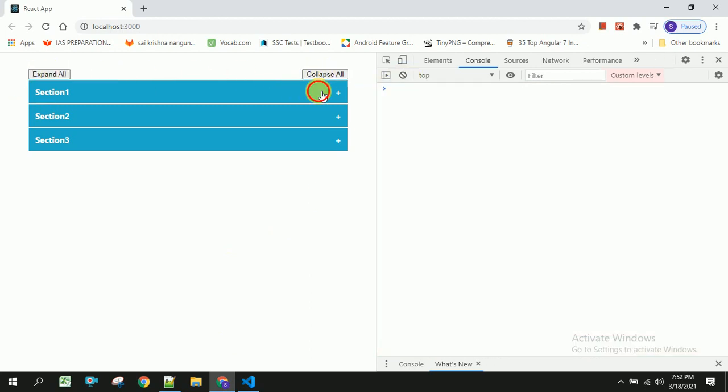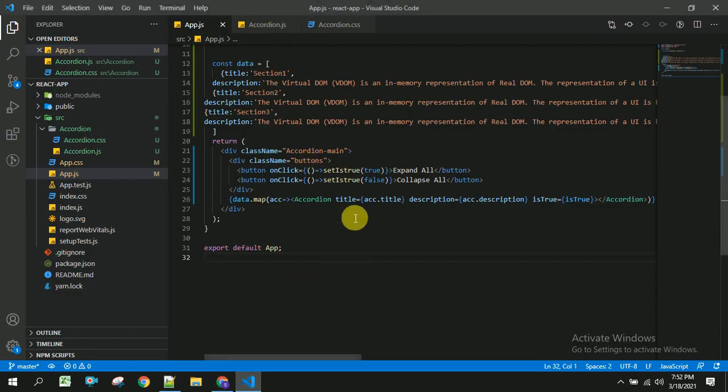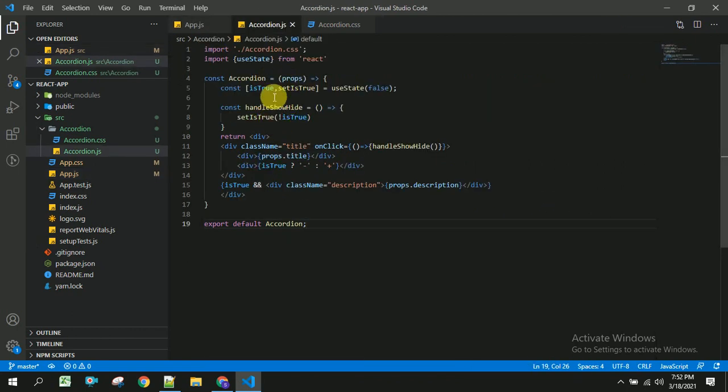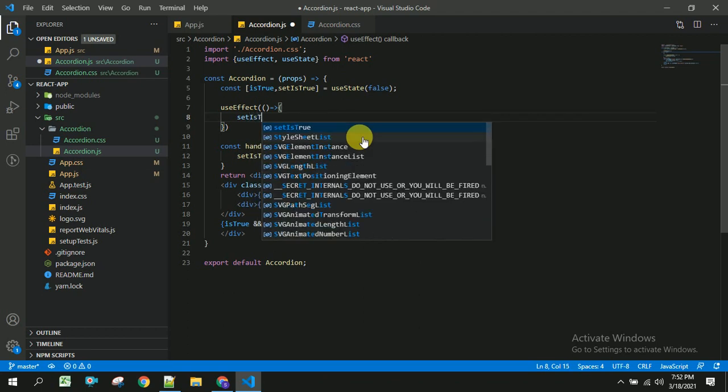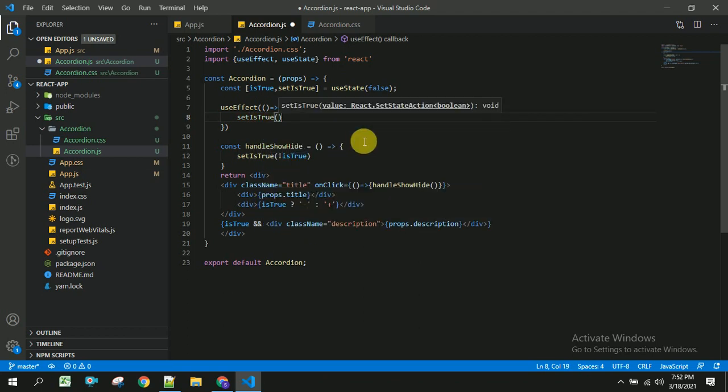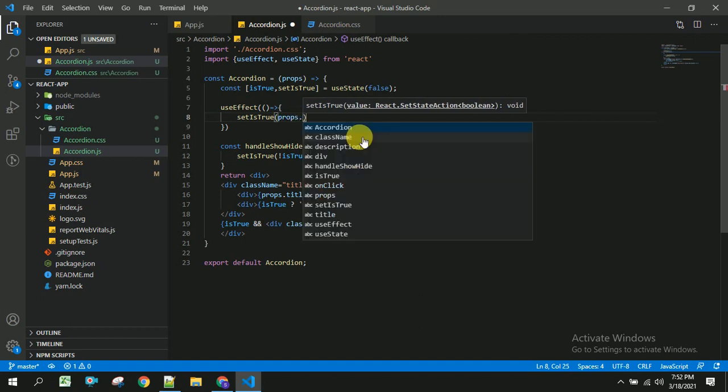And so you can see here this is not working, because once we get this props as true to this accordion, it can be either false or true. So in order to re-render this particular child component, we have to use useEffect. Inside this useEffect, I am going to set isTrue as props.isTrue.